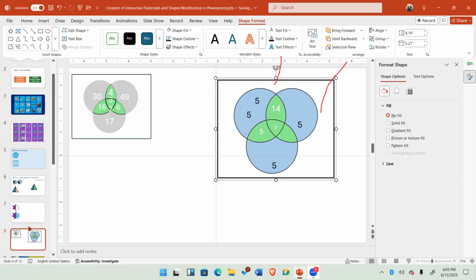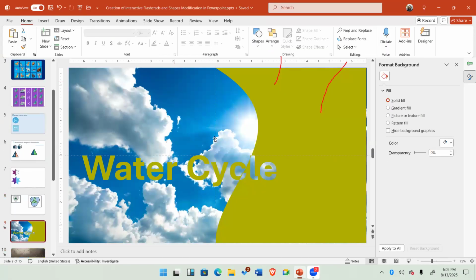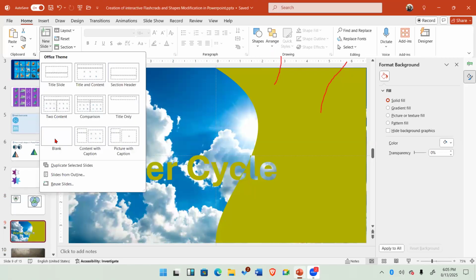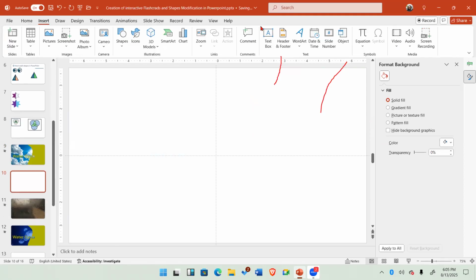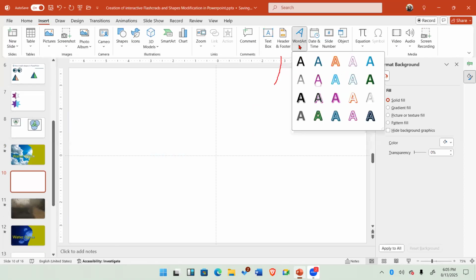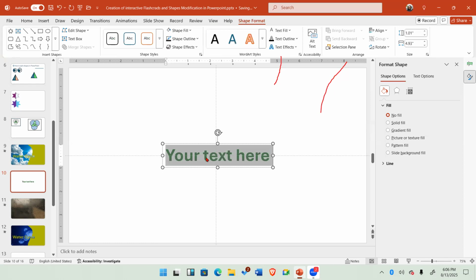Now let's go over to this. How do we create this? So I'm going to open a blank slide. Okay. So this is my blank slide and I want to type my text. Let's say I want to use word art. Let me use my word art. Okay, let me use this one. And then I'm going to type